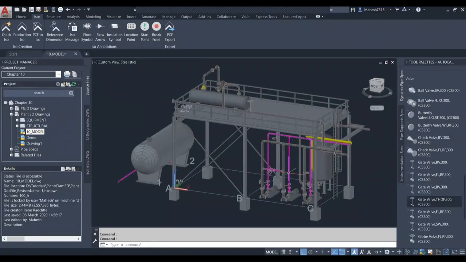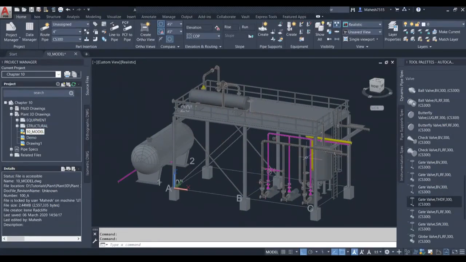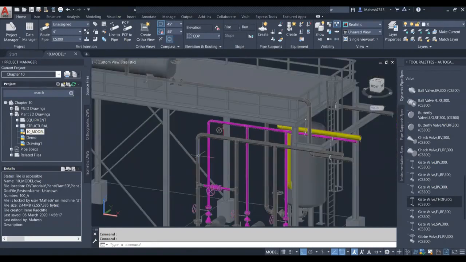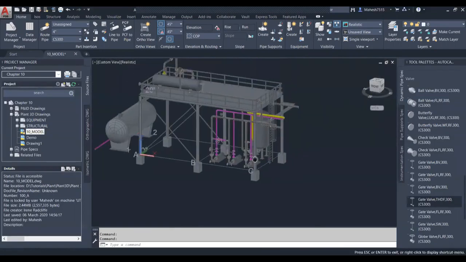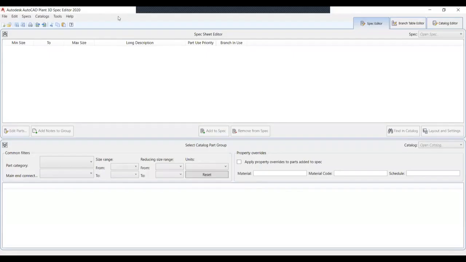Okay. Where we stopped is how these elbows, pipes, reducers, flanges are automatically populating here in the interface. We have a separate tool called Spec Editor, Plant3D Spec Editor. This is actually a library of Plant3D, but this is something different. We have seen many libraries in Revit, Inventor, AutoCAD Electrical, Mechanical. Those have a pre-built model which can be opened and saved as, and we can start editing, and it is available as a 3D model for us to use.